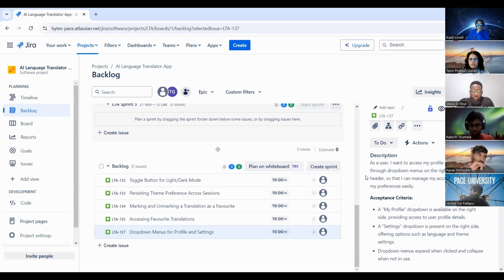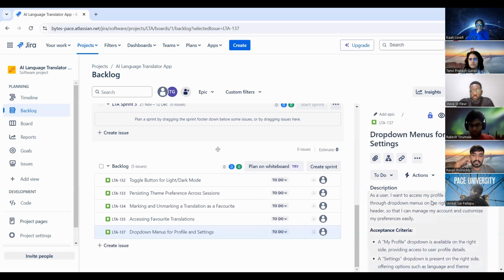As a part of UI, I'm thinking to have two drop downs. One having my favorites or my history as a drop down, and a settings icon in which we have the profile, because settings is something which we do for our configurations, right? So we'll just add the dark mode, light mode switching and the profile in the settings. And next to that, we'll add a drop down which will have my favorites and my history. We can do that. I do not have any problem.